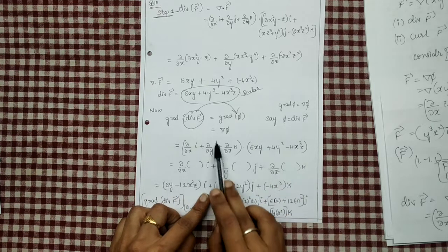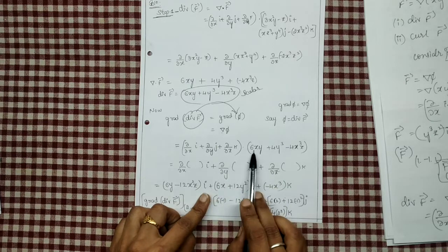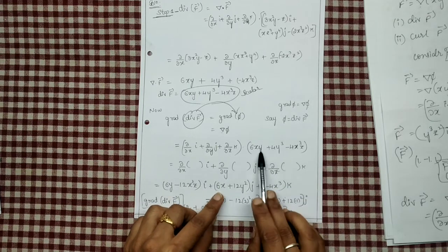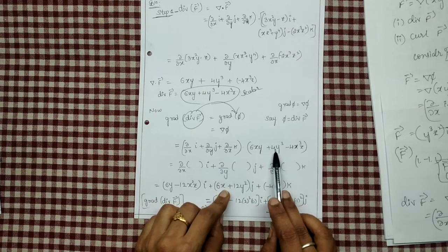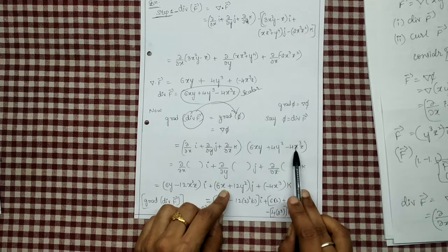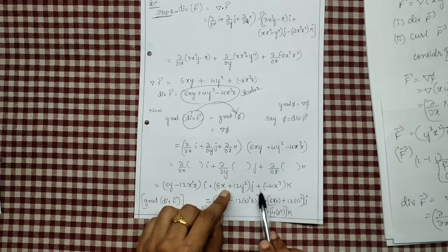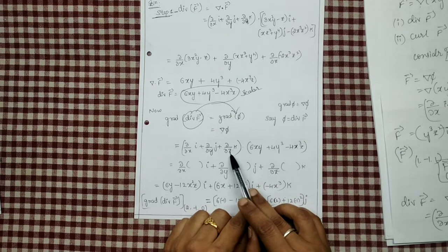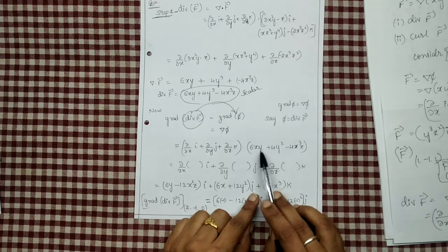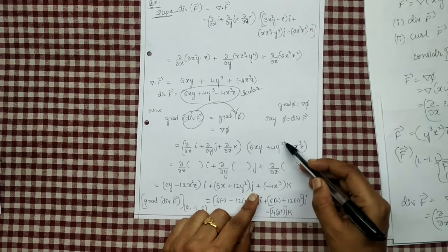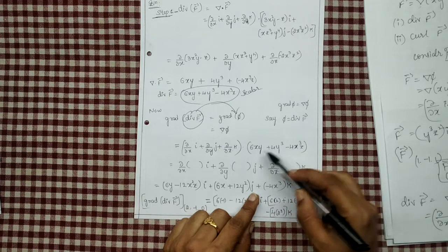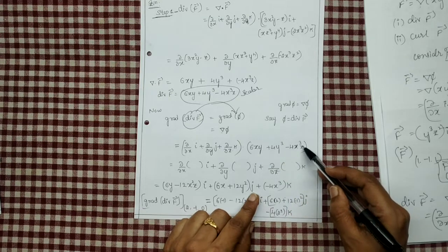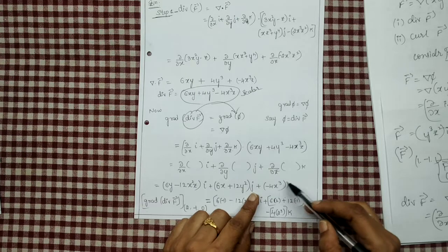Again multiply this with the second term. With respect to y, you have to partially differentiate. If I differentiate partially with respect to y, differentiation is 1, so 6x, plus y cube differentiation is 3y square. 3 4s are 12y square. Here y is not there, so it is 0, into j cap, plus again multiply this with the third term. Differentiate partially with respect to z. This and this terms will become 0 because they have no z terms. It is having z terms, so z differentiation is 1, minus 4x cube into k.